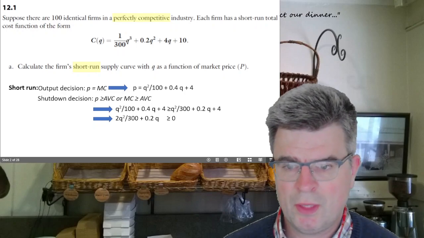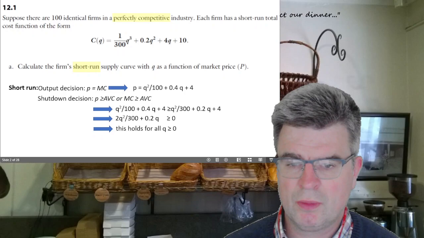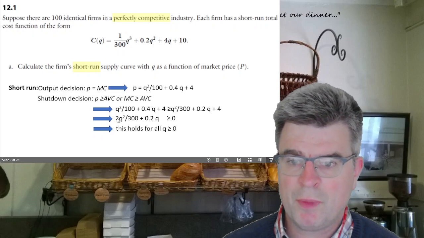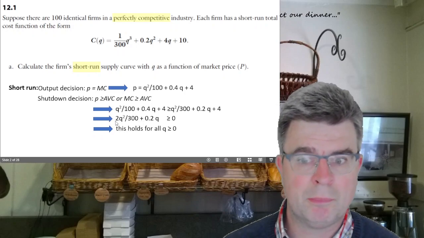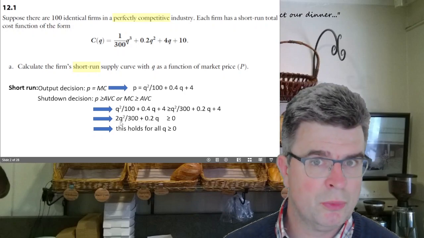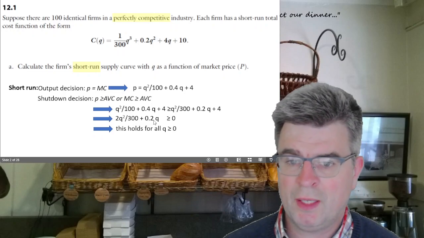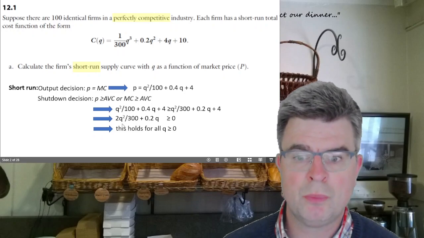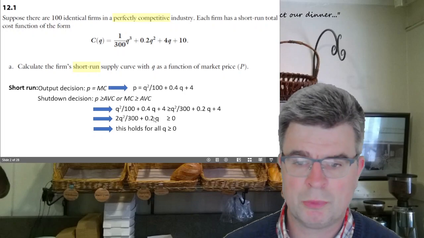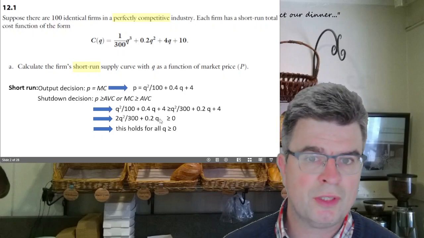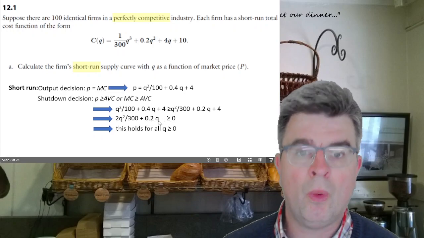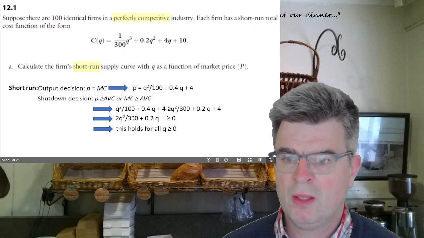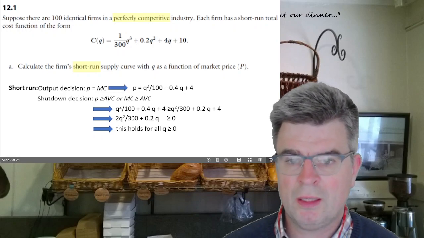And is it? Now, in order to see that, we can easily see that quantities cannot be negative. So this part is always positive because we have a q squared over here. And this is also positive because quantities are not negative. So we have two positive, or non-negative, terms on the left hand side. So this inequality holds for all quantities that are greater or equal to 0. So the firm will not shut down, it will produce,